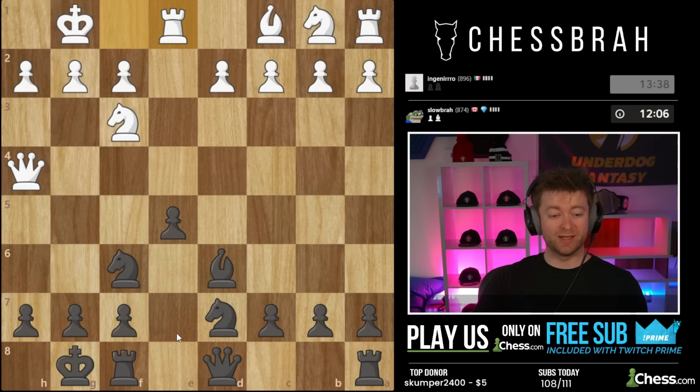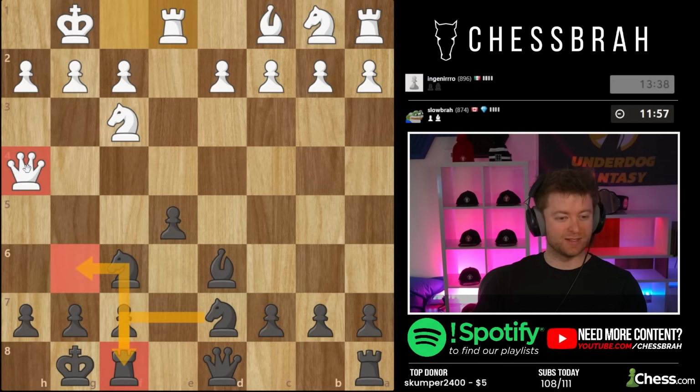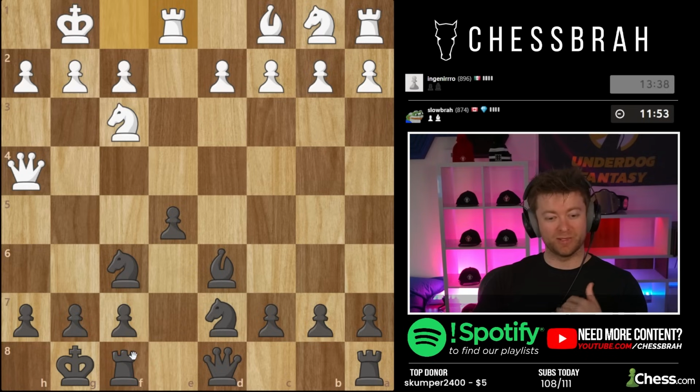Rook e8 is a really nice move next for many reasons. It opens up the f8 square, which doesn't look important, but playing knight f8, knight g6 is really nice. Bishop f8, you'd be surprised, is also nice, but it's not just playing those moves, it's the ability to play